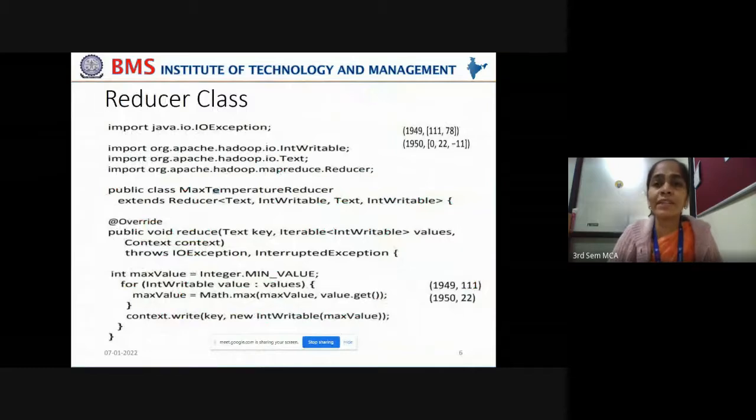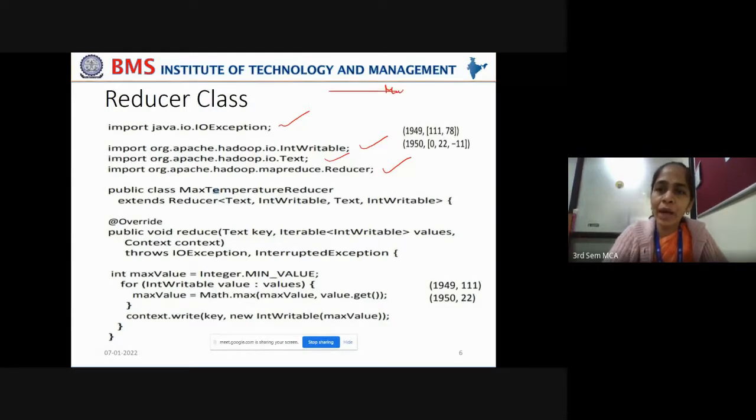Now how to write a reducer class. Again, the same format we followed in the mapper class, we can follow in the reducer class also. You are getting the IOException class from the Java IO package, and you are also using the IntWritable and Text classes and importing the Reducer class, because this Reducer class has to be extended so that you can override the reduce method of the Reducer class.